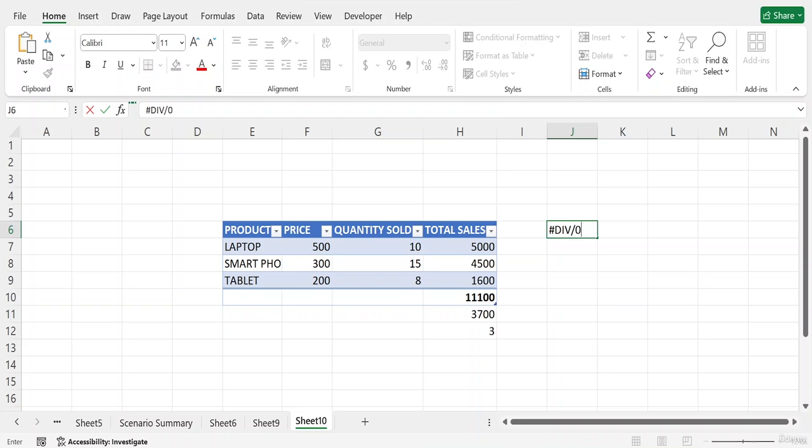This type of error means that you tried to divide by 0 or an empty cell. So you have to identify the error, and then you can rewrite or fix your data sets or formulas, and then this error will be removed.